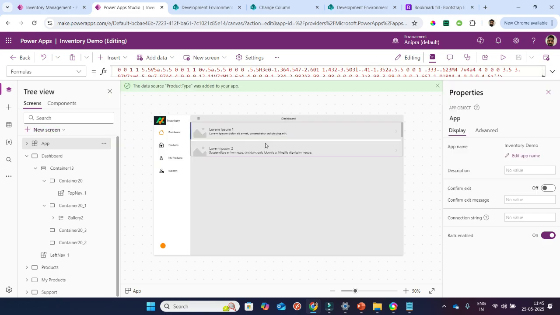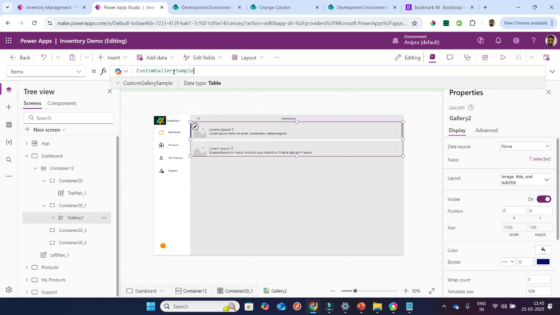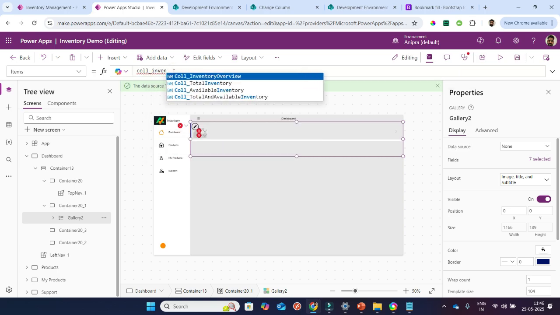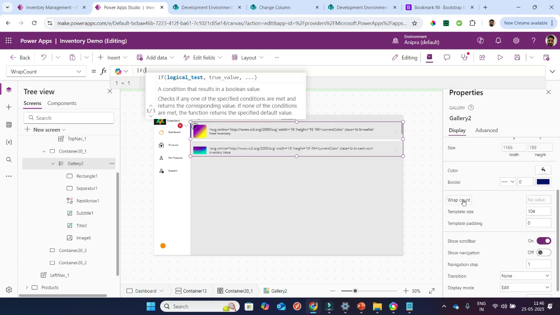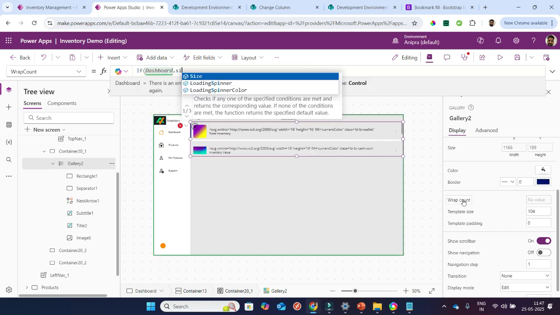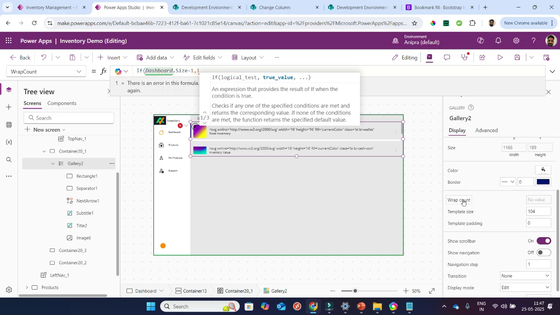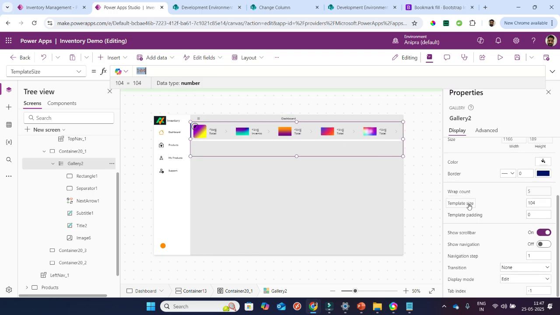Now again I will move to my gallery, and in the gallery I will bind the inventory overview. Now I will go for the rep count. I will type here: if Dashboard.Size equals 1. Dashboard is my screen name. If it's a mobile, then the rep count will be 1, and for ads it will be 5. Template size I will go for